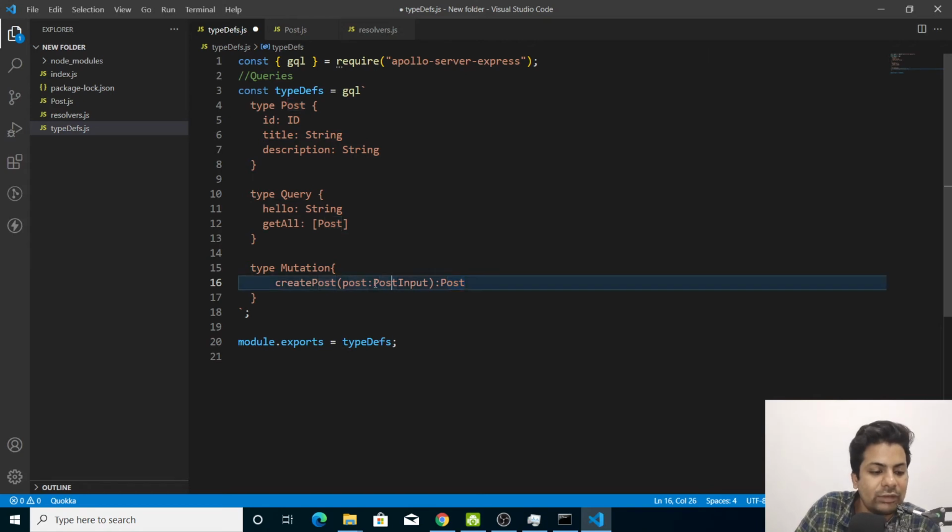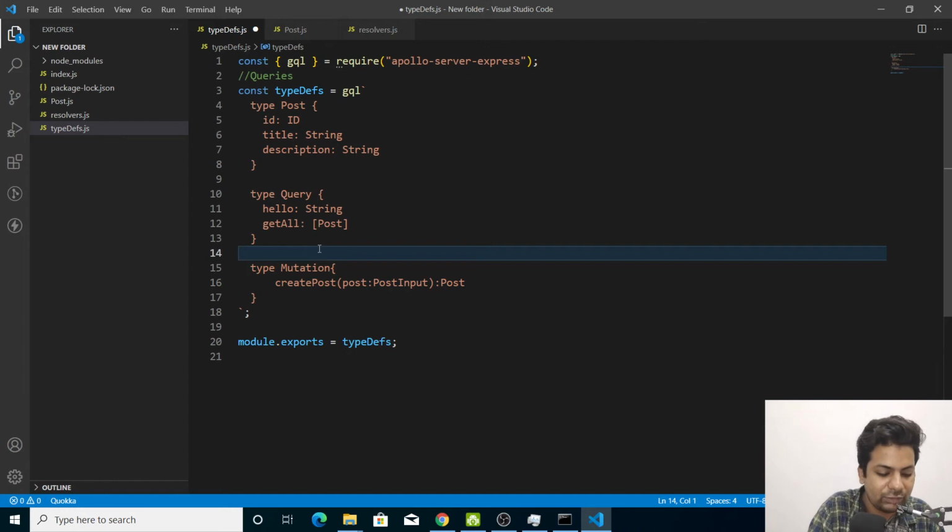Now here I have to define what PostInput is. This is the input type I'll get, so I have to define it. So I'll say input, not type, it's input, PostInput.